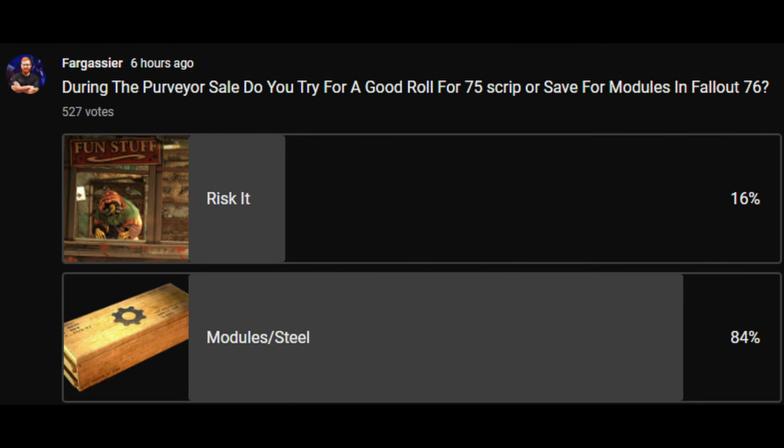And we asked on our YouTube channel during the Purveyor sale, do you try for a good roll for 75 script or save for modules in Fallout 76? 84% of the folks that voted said that they would rather save for modules or steel, and 16% said risk it for the biscuit. And me personally, if I'm not going to be playing my mule characters, then why not, as long as they're level 50 and they have the weapons that I'd like them to potentially get in the